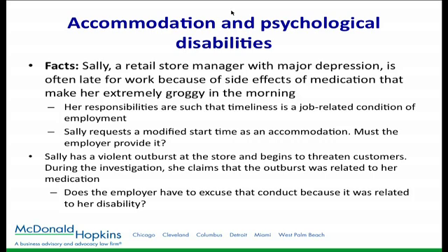But what if the employee who has a psychological condition has some sort of violent outburst? What do you do in that case? Well, again, you have to look at each situation on a case-by-case basis. You're not required to keep someone in a position who is a danger to other employees or your customers, but you're going to want to go through and evaluate, is this a real danger? Is it likely to happen again? What caused it? But again, you don't have to endanger the health of your current employees or your customers.